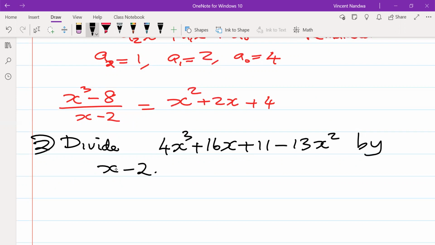So what are the coefficients? Yes, the first thing is to rearrange. Arrangement is the first thing, so that you write the polynomial in such a way that you start with the term with the highest power of x up to the term with low power of x or without x. So the first one in this case will be